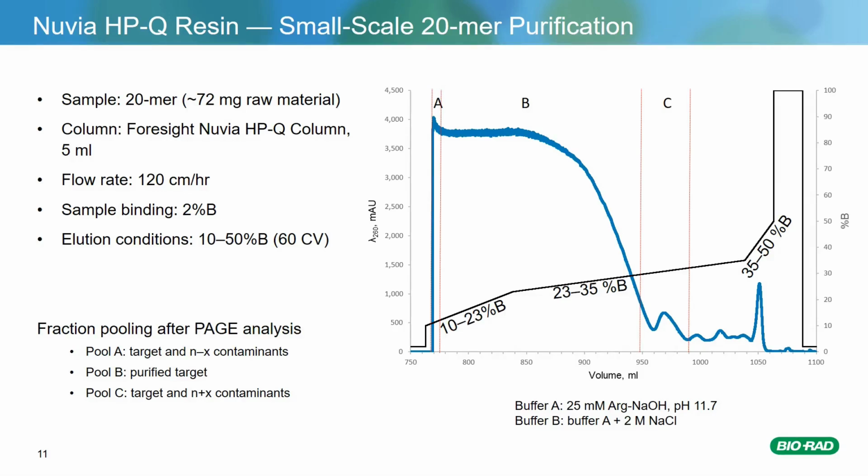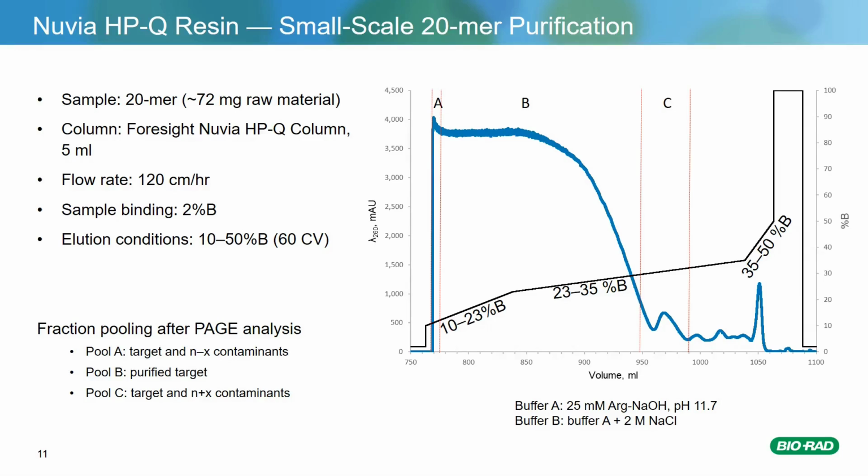And also you'll note on the chromatogram on the right, the slope of the elution was changed during the run, as this showed some impact in the separation between the contaminants. So initially you had a little more broad slope at 10 to 23, then even broader from 23 to 35% B, and then a steep slope from 35 to 50% B.